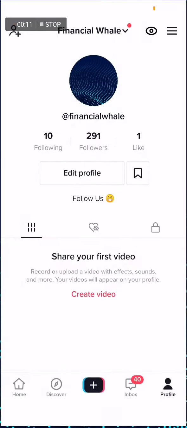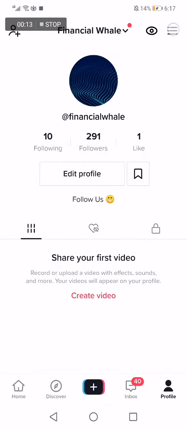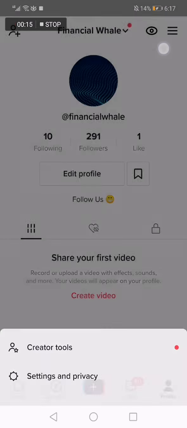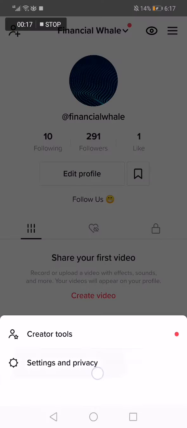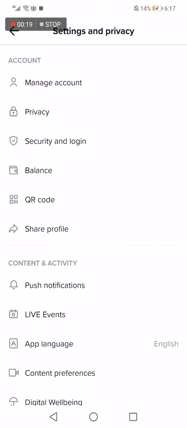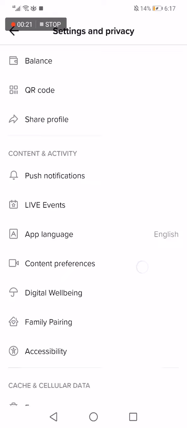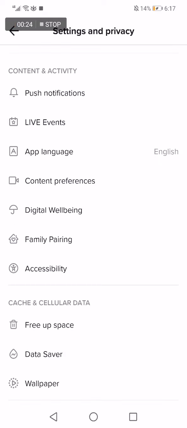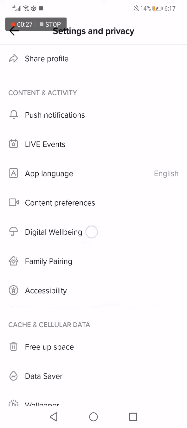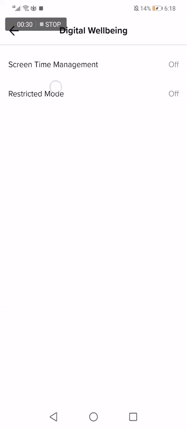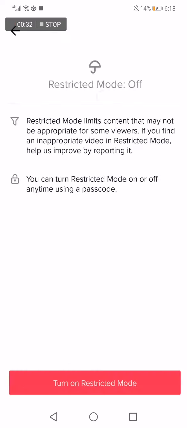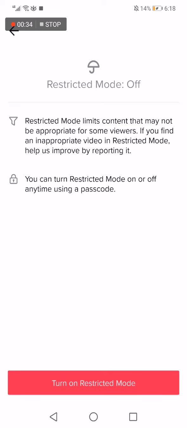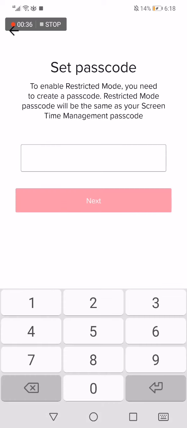So first thing we do, we go to TikTok, go to those three lines right here in the top, and after that go to settings, settings and privacy. Then you have to go down and choose the option of digital well-being. Click on digital well-being. Now click on restricted mode and click turn on restricted mode and set passcode and click